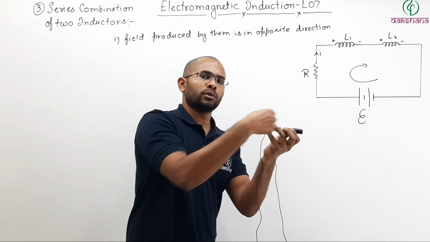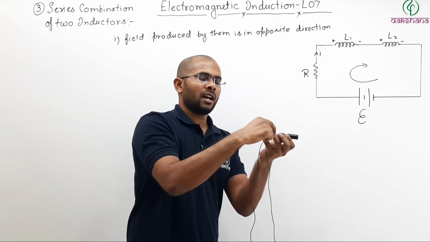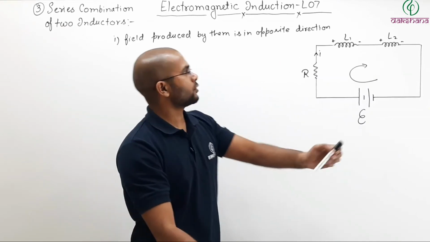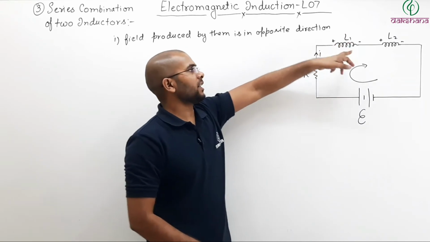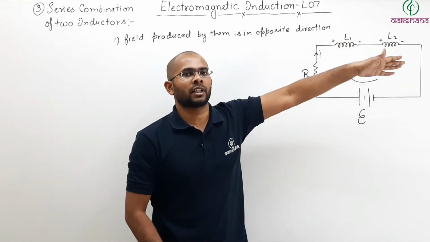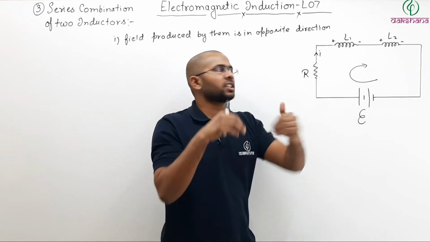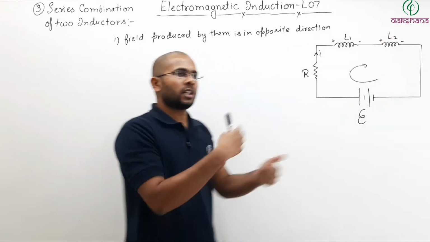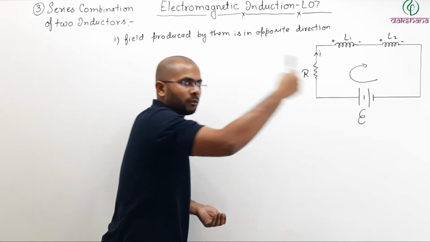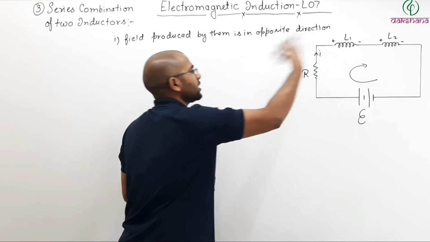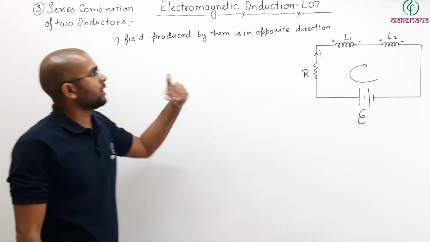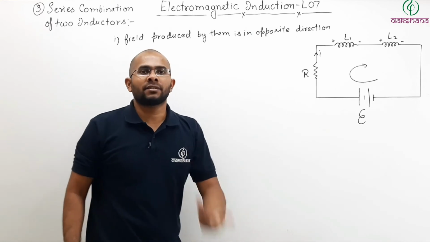So these two 10 turns, they will oppose each other's magnetic field. So like this, there is the situation. For them, let us say it is anti-clockwise winding, meaning winding of each other is in opposite direction. So current will be in the opposite direction. For one, it will be clockwise, for the other, it will be anti-clockwise. Or for this, it will be anti-clockwise, for that, it will be clockwise. Opposite to each other, so they will oppose each other's magnetic field.